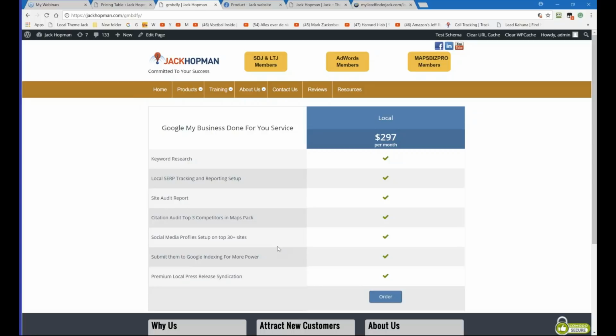It used to be that it was a 10 pack. Then they changed to a 7 pack, and now it's a 3 pack. So it's much harder to rank in Google. Much more competition, which means you have to do much more work. It depends on the keyword and the niche. So we cannot do this cheap. If we do it cheap, then you don't get any results. You have to put some reasonable effort into it.